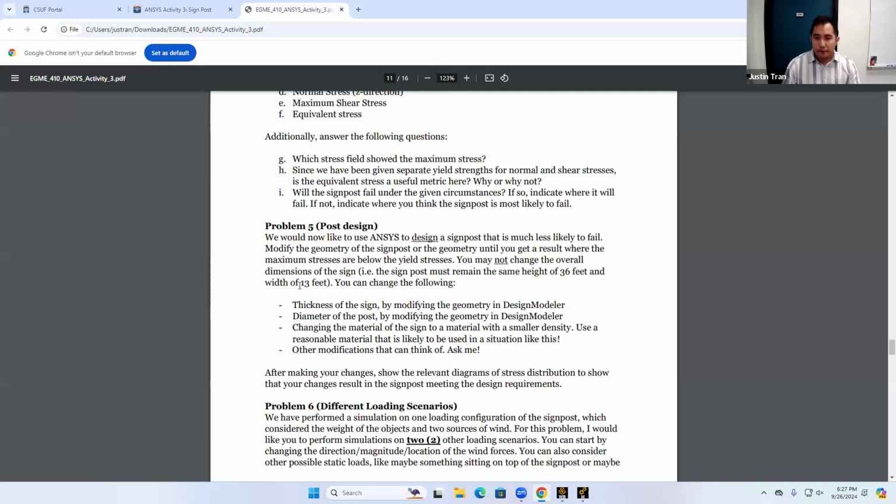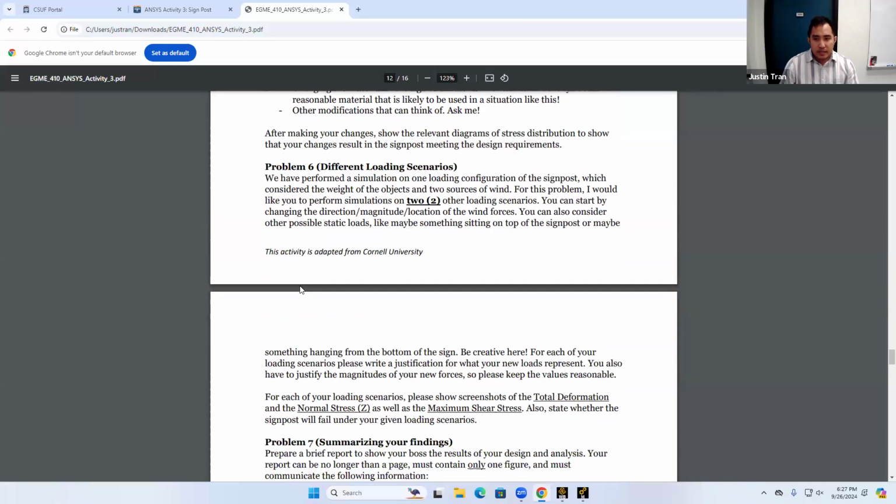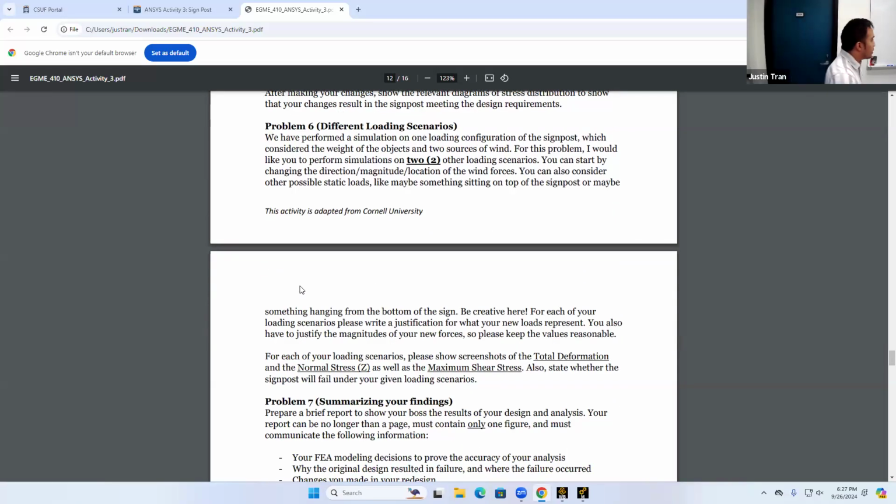Okay, so that's problem 5. Problem 6 is I want you to consider different loading scenarios. In this activity, I've given you one loading scenario where the only forces that the sign is going to be subjected to are mostly its own weight, as well as some force from the wind. But I want you to be creative and think of 2 other different loading scenarios that can happen on